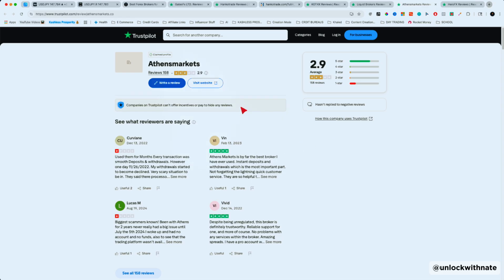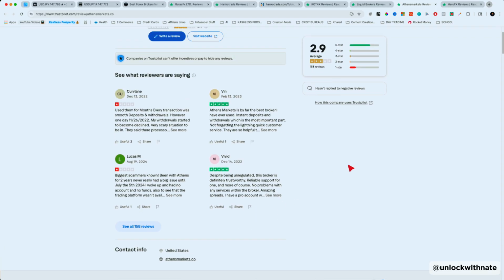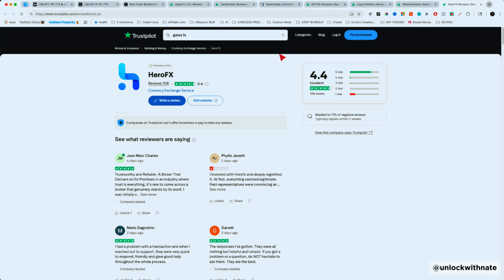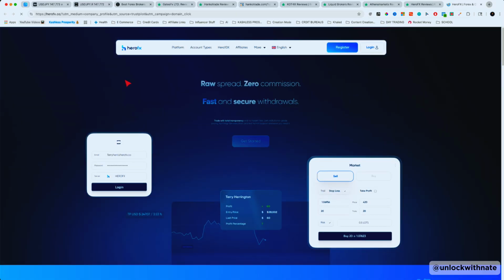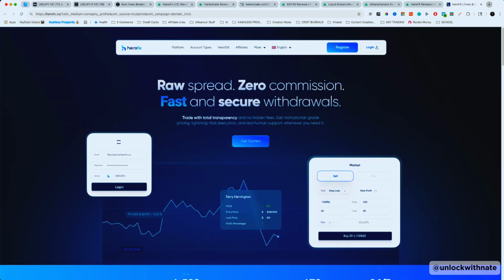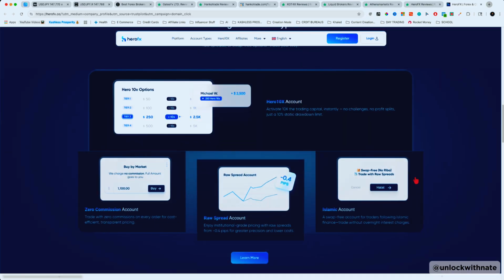Athens Markets, I don't really know too much about this broker, but there are a lot of mixed reviews, but I know that this is a very popular broker in the Forex community. And then HeroFX. HeroFX, super modern website. I'll show you this. They have really good spread, zero commissions, and just kind of a modern experience for Forex